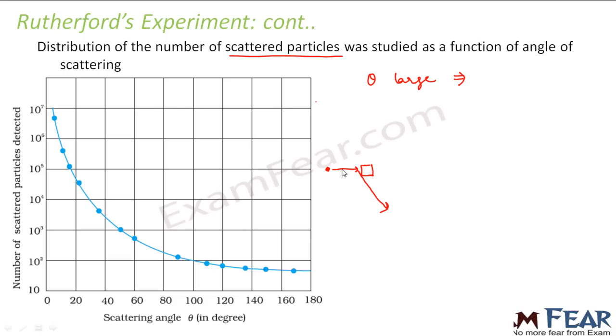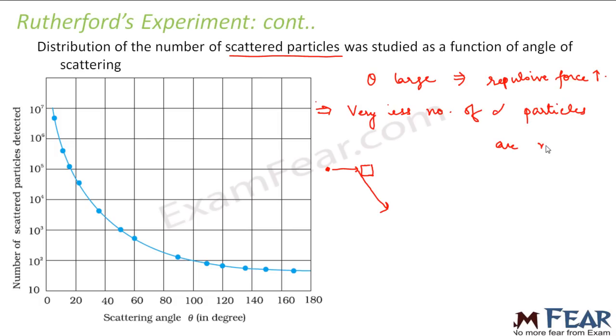Now, if an alpha particle is getting scattered by a very large angle, that means that alpha particle is experiencing a strong repulsive force. So for large theta, somewhere around this portion, the alpha particle experiences a repulsive force. So what does this graph tell us? This means repulsive force is more. Now from this graph we see that for large theta, the number of alpha particles is very small. This implies that very less number of alpha particles